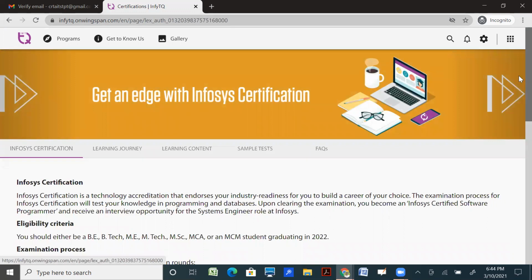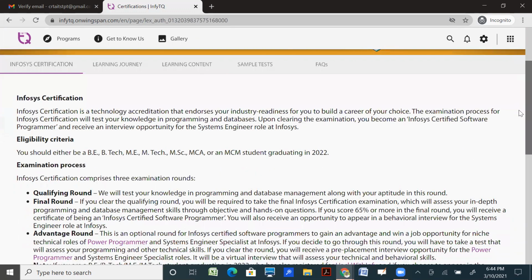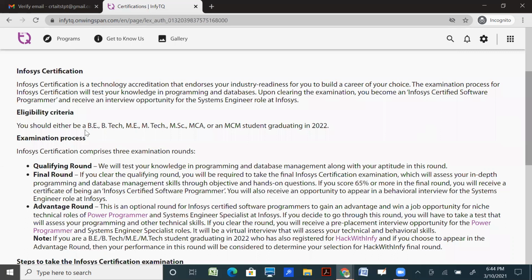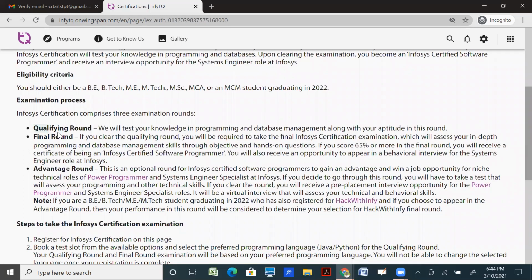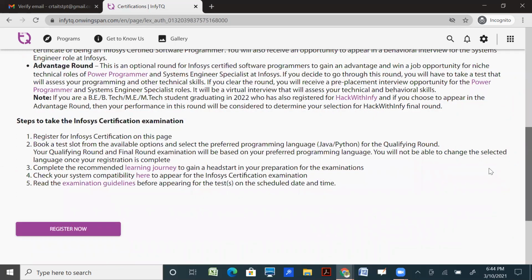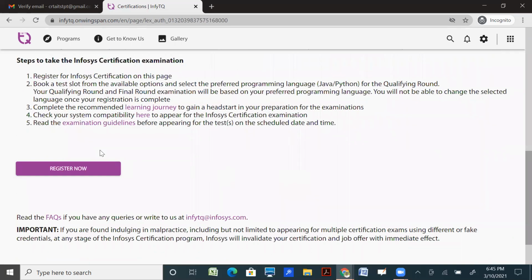Here you have the Infosys Certification information, the eligibility criteria and the examination process with three stages: first a qualifying round, then a final round, then an advantage round. The steps to take the Infosys Certification exam are also there. Read these steps very carefully. Then here you have the option for registration of the Infosys Certification. Click on register now.